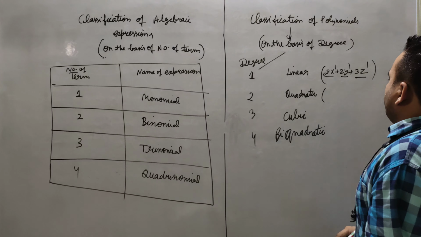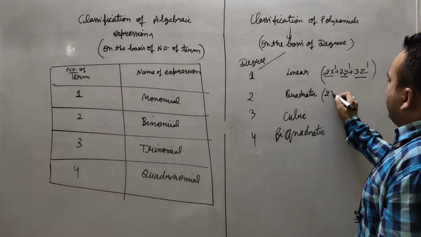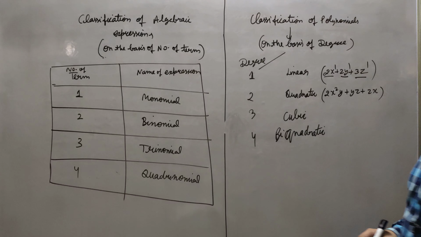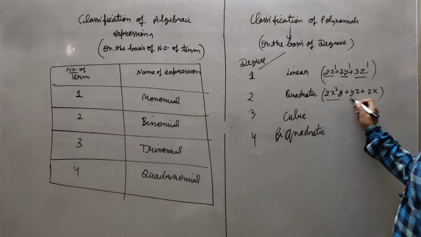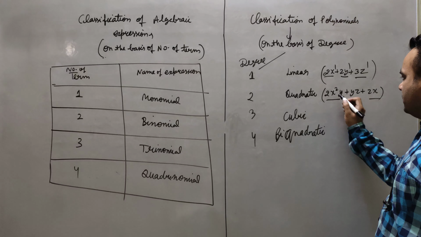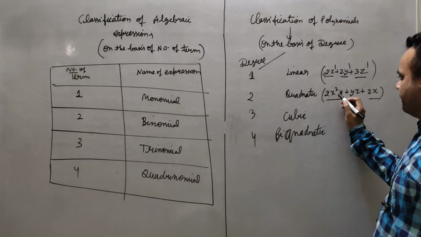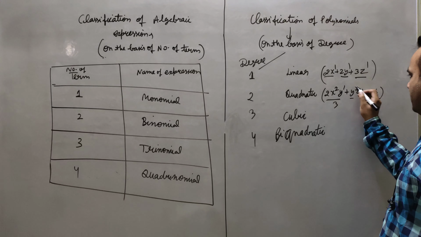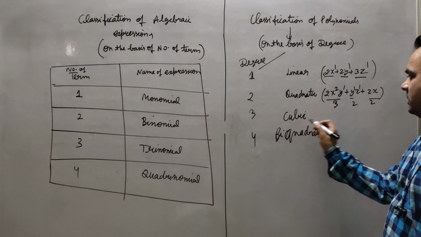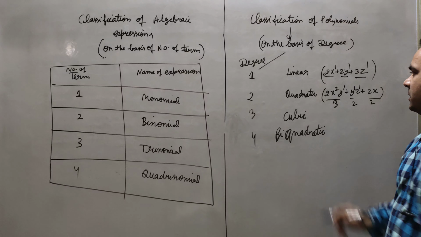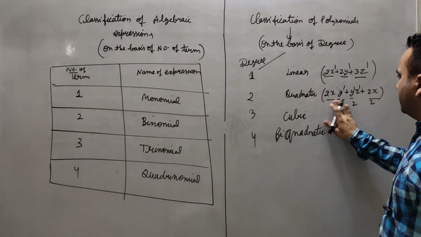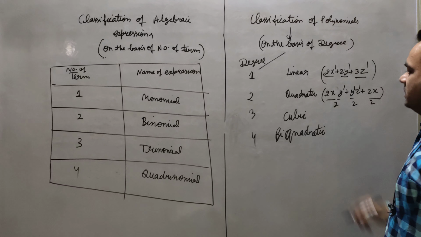Okay, now suppose I want to check for a quadratic. 2x square y plus yz plus zx. Can you see? Is it a quadratic polynomial? First of all, if I classify on the basis of terms, it's a trinomial. But for the first term the power is 2 and 1, total power is 3. Here 2, here 2. So the degree is 3, so it is a cubic, not quadratic, right? If you want to make it quadratic, you have to take only power 1 here, then only it can be quadratic.